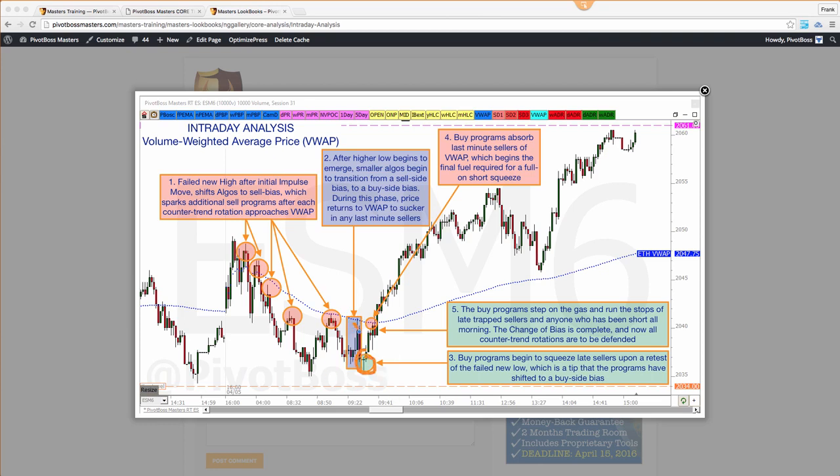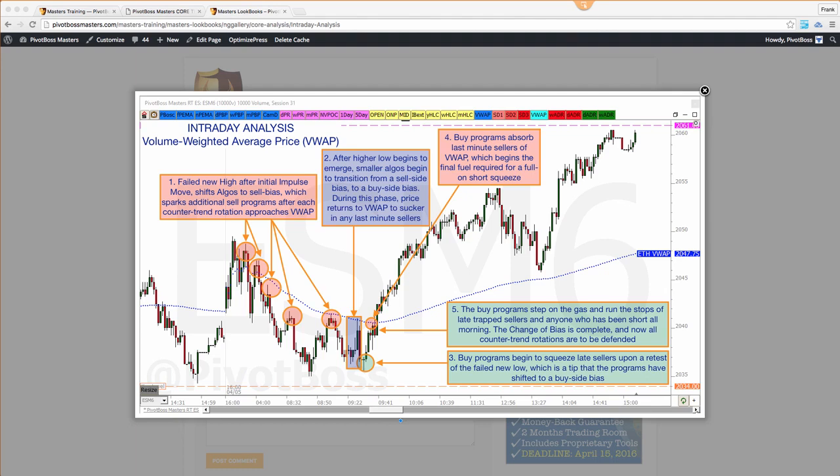So they get them short again. So this is a little bit here where they're goading them into that sell, and then they get them right there and trap. And then up here, that's when they squeeze it. So it's happening way, way earlier. And so in order to identify when this type of opportunity can happen, it's mostly about looking at the current existing trend and then watching those edges.